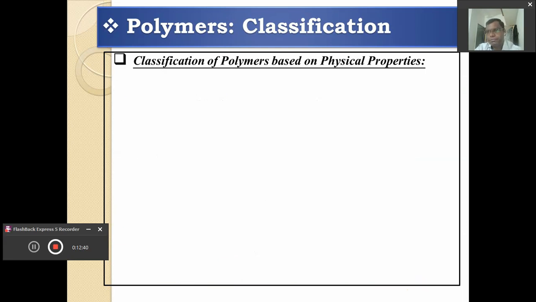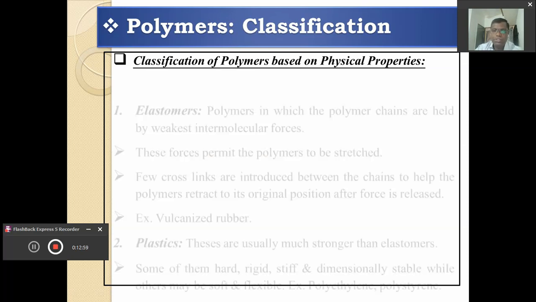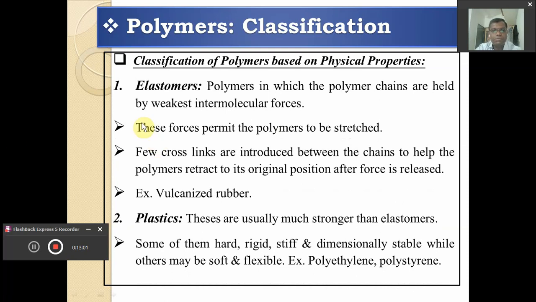Dear friends, based upon another criteria, that is physical property. What are the physical properties of polymers? On the basis of physical property, we can classify these polymers into different types. And based upon the physical property, the first type of the polymer